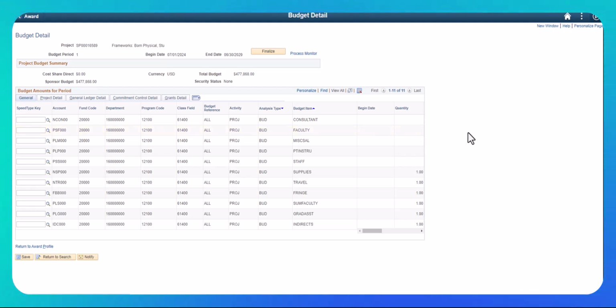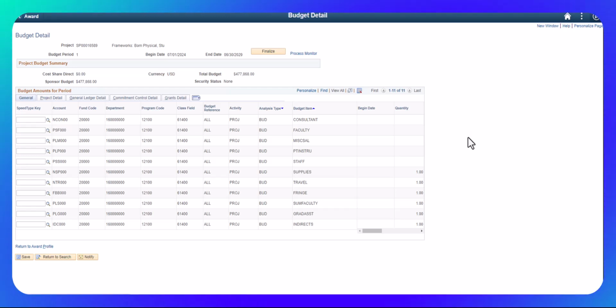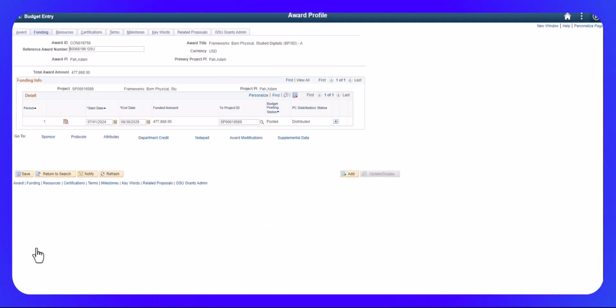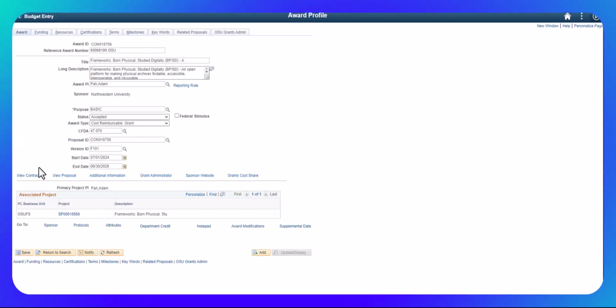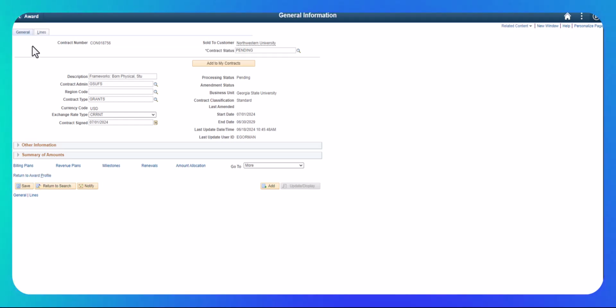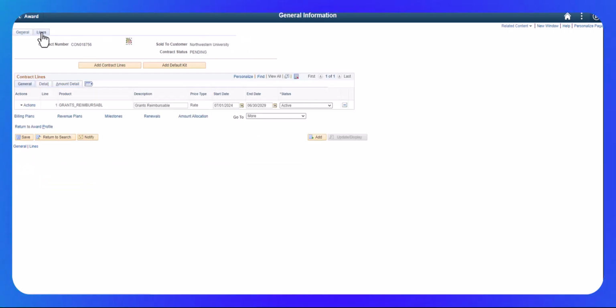The final step in the new award setup process is to activate the contract and set your project milestones. So we're going to return to the award profile here. We're going to navigate to the award tab, and then we're going to select the View Contract link. This lands you on the General tab, and you're going to navigate to the Lines tab here, and then select